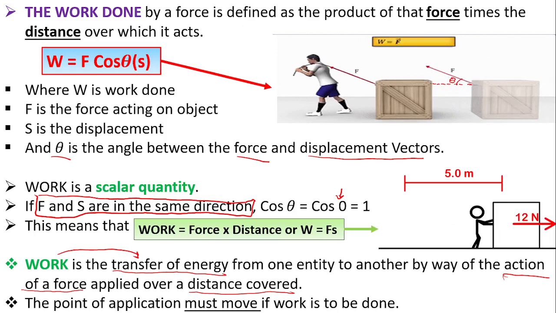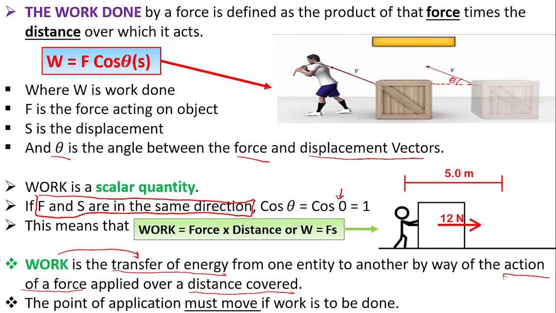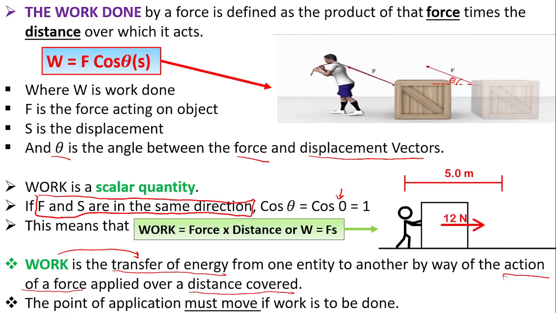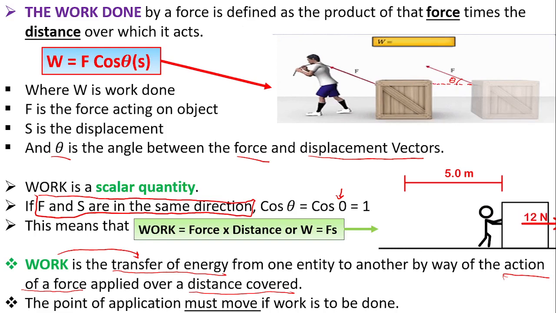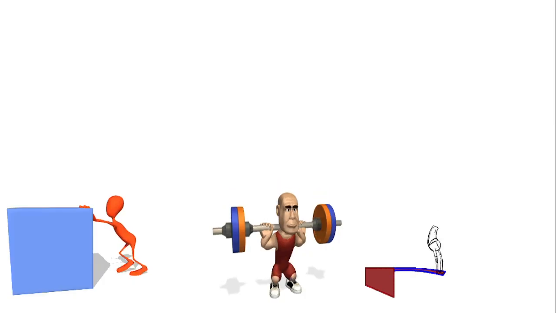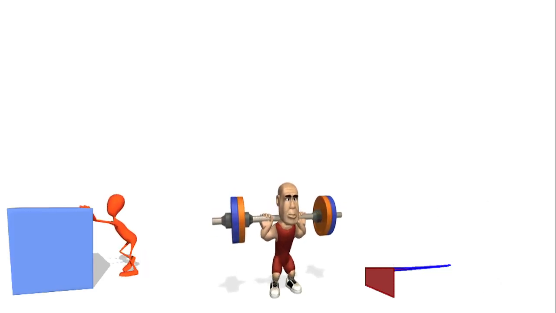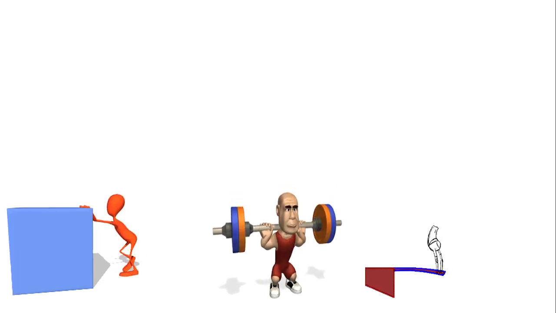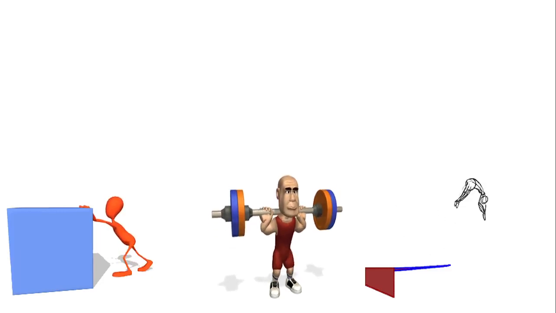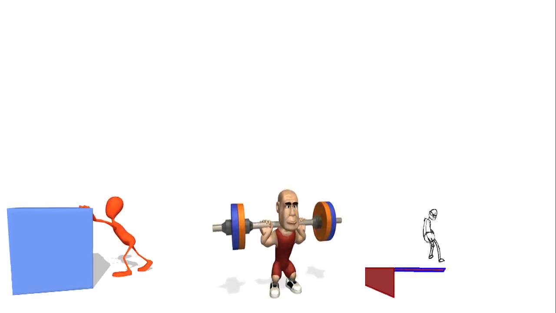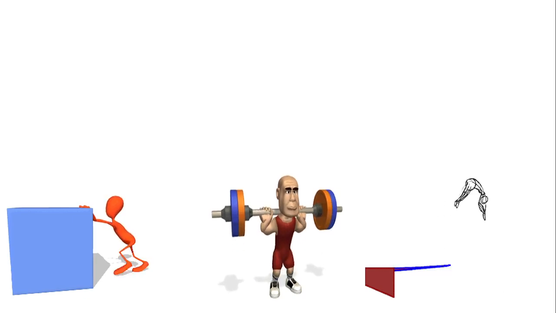For work to be done, there should be a distance that has been covered. That's a very important statement that you need to understand. For work to be done, there should be a distance that has been covered. Now if you look at all these animations that I have shown here, there is work that has been done, because all of them are trying to move the object or themselves at a certain